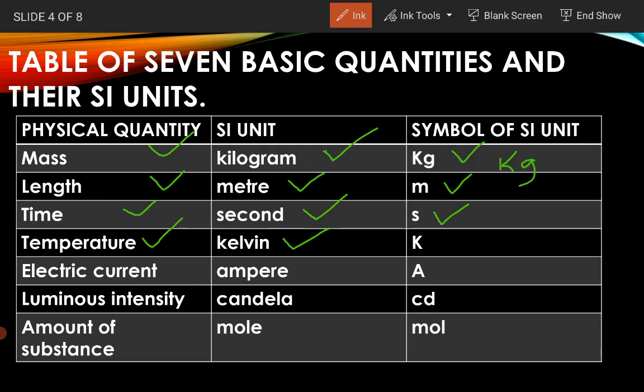Take note that the SI unit of temperature, which in some cases is referred to as the thermodynamic temperature, is the Kelvin, not the degree Celsius. The Kelvin, in short, is capital K. Please take note that when you are writing the unit of temperature as Kelvin, the k in the word kelvin must be a small letter. But when you are writing it as a symbol, it has to be capital K.